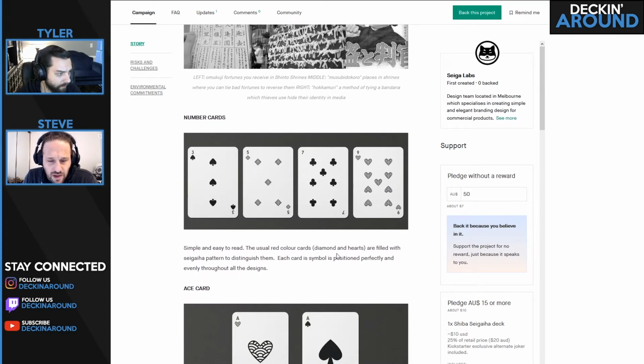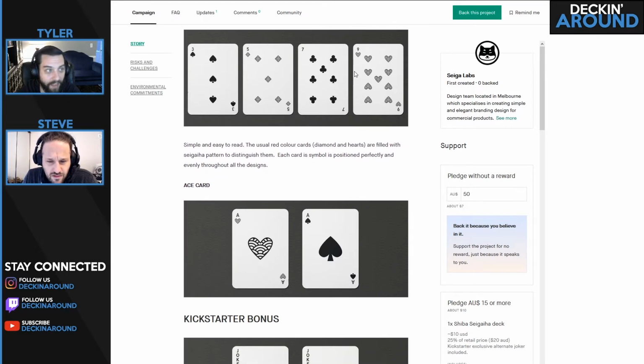Really? Oh no. The usual red color cards, diamonds and hearts, are filled with this pattern to distinguish them. So each card has a symbol. Yeah, so they're black and white, and the patterning is what they're using to distinguish between the usually red